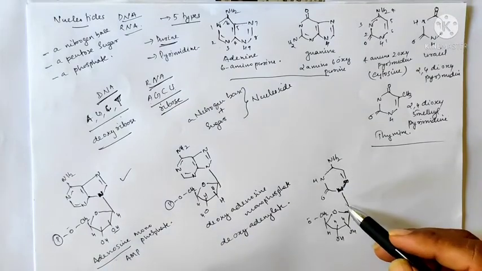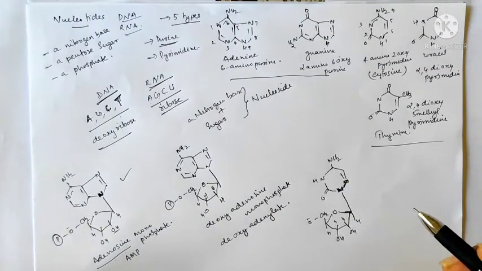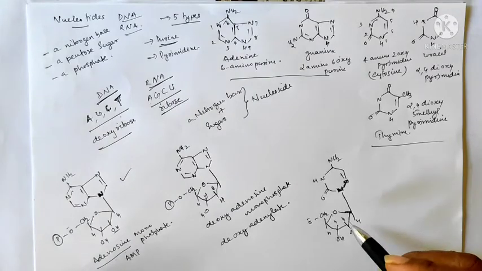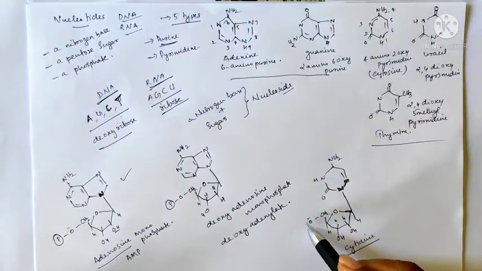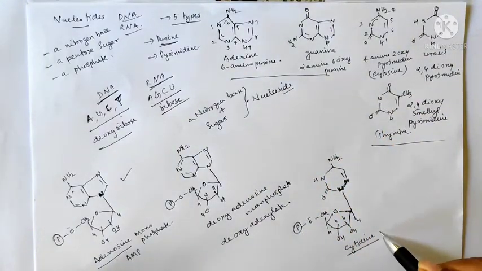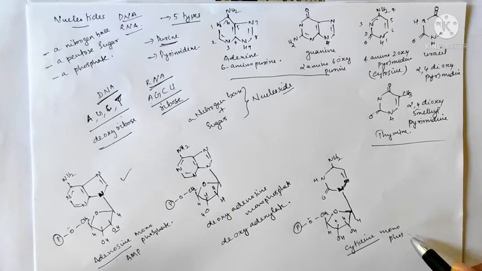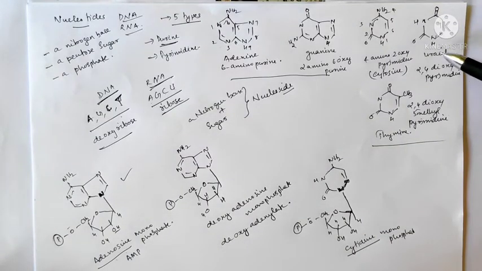So this can be called cytidine, the nucleoside, and if a phosphate group attaches, it becomes cytidine monophosphate, or cytidylate. Similarly, with uracil, if a sugar molecule attaches, it becomes uridine, and a phosphate group attaches, it becomes uridine monophosphate,